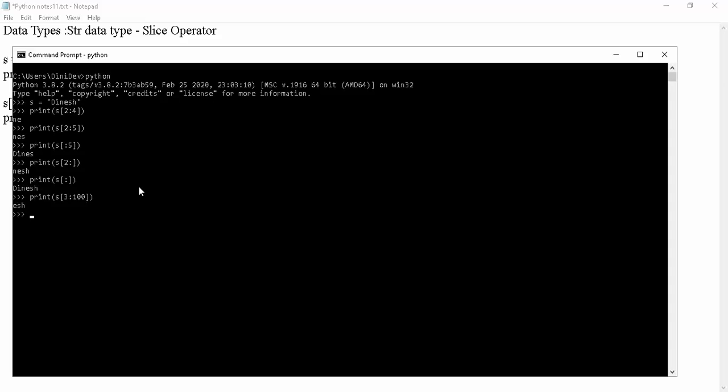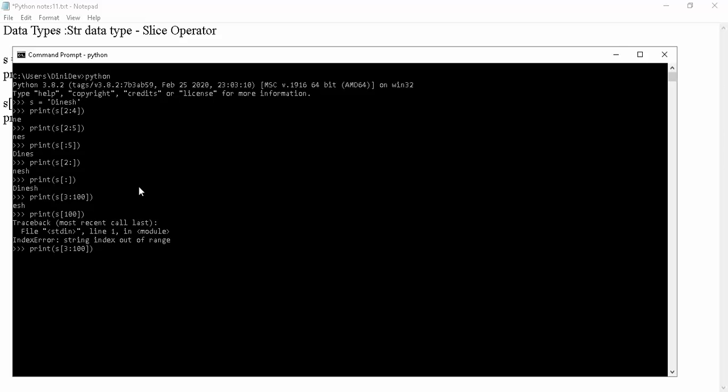If I mention this, it will show everything until the last character. It will display the output, but it will not show index out of range in the slice operator. But with an index, if you mention s of 100, it will definitely show an error. Are you clear, guys?